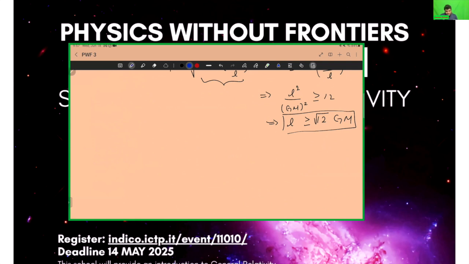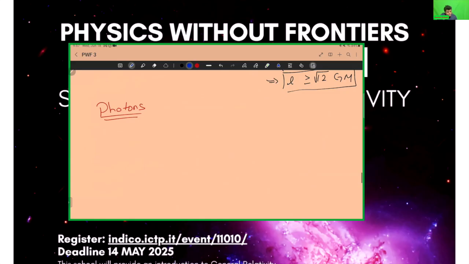Well, if I write down the geodesic equation again, so let me make a heading here, photons, and I have lots of topics to cover, so I don't know if I have enough time. I need to rush through some of the things. So if I write down the geodesic equation again,